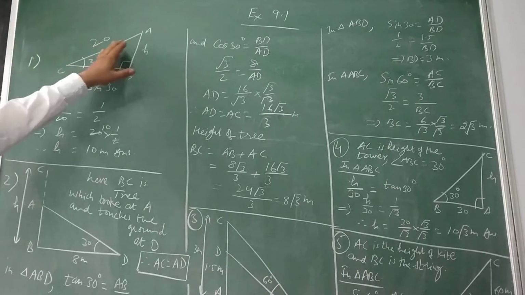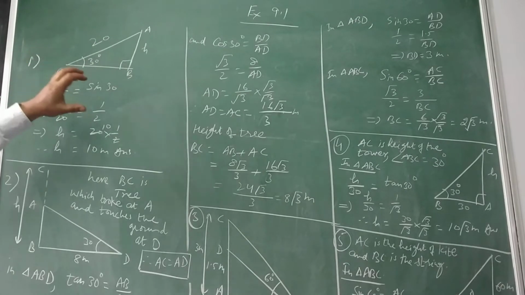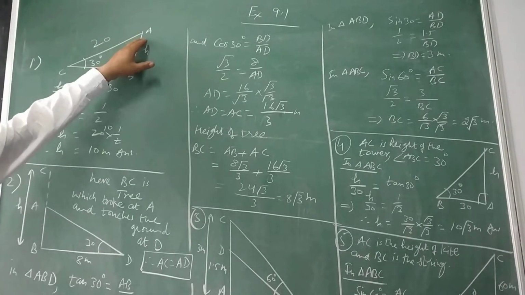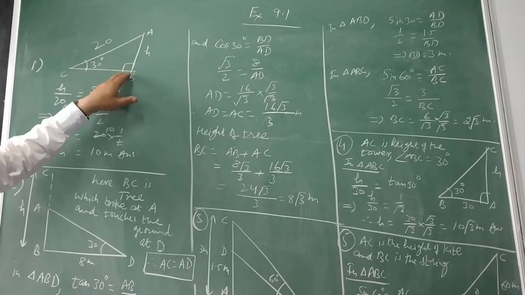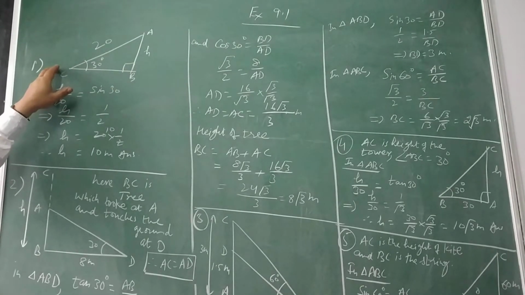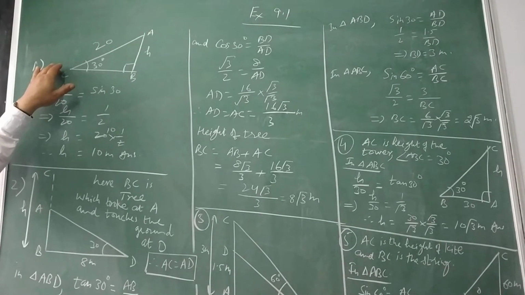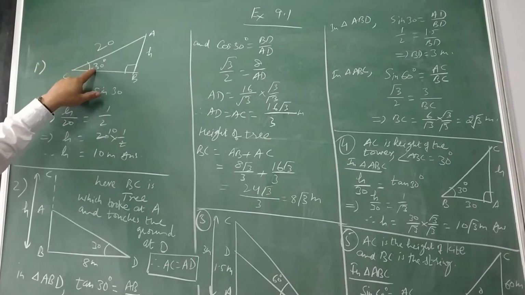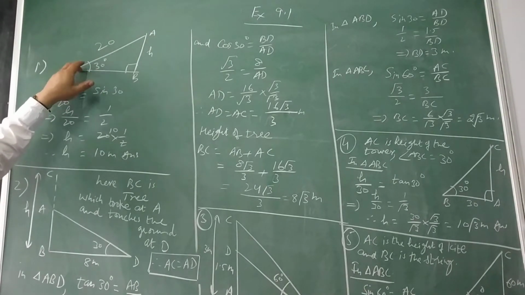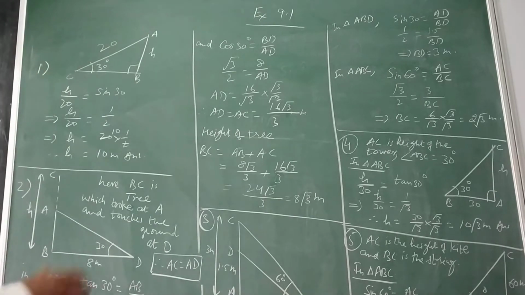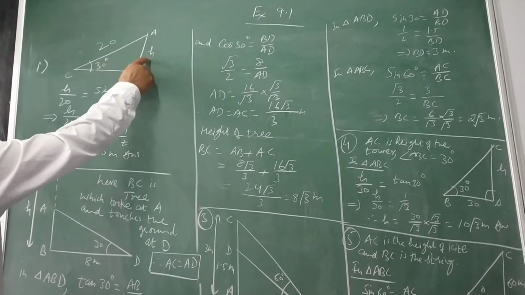Somewhere you will be reaching at this situation when you draw the figure. This is the pole, this is the rope, and this is the foot of the pole, and here is the observer. So from this to this is the length of the rope. The angle is given equal to 30 degrees at which the rope is tied to the ground. So geometrically we will be reaching a right triangle, and two things will always be there.